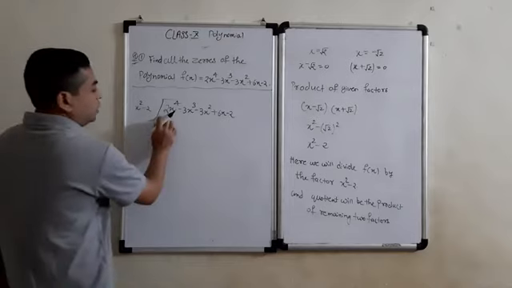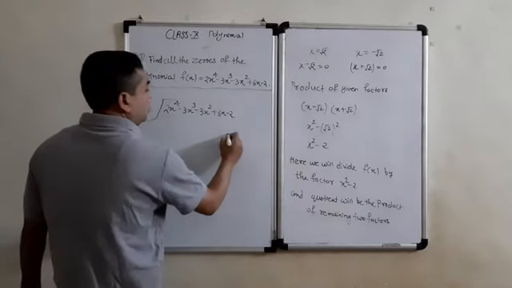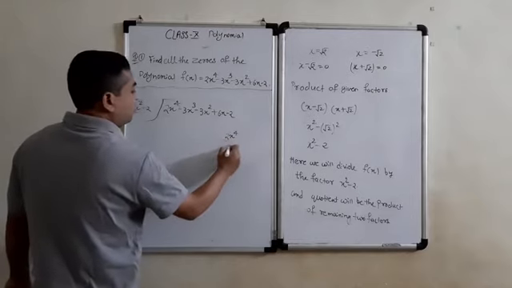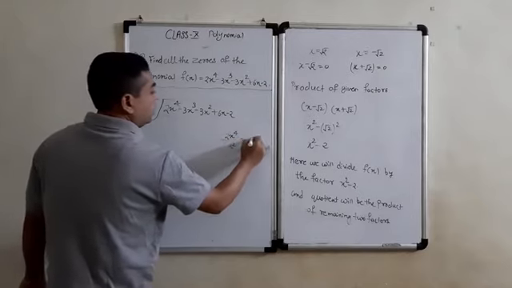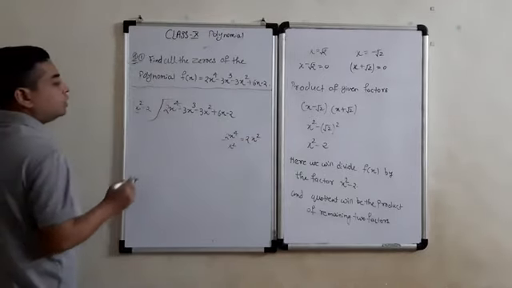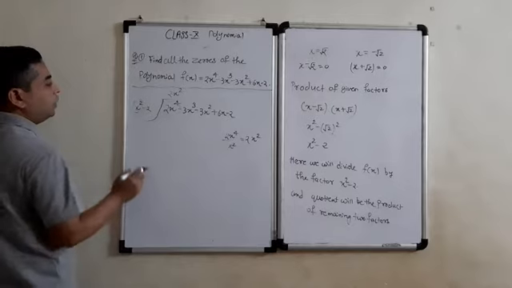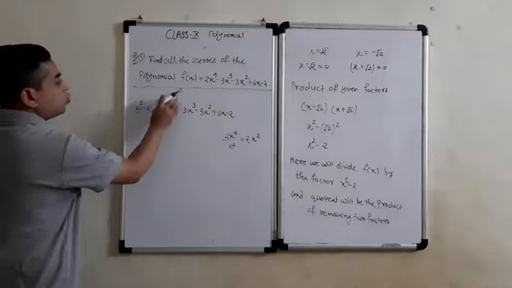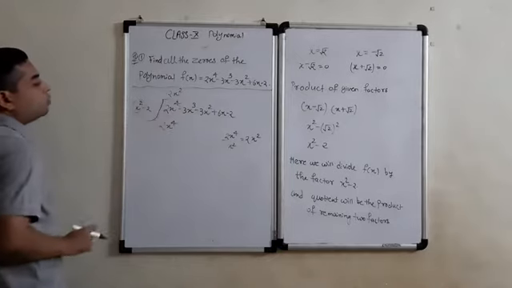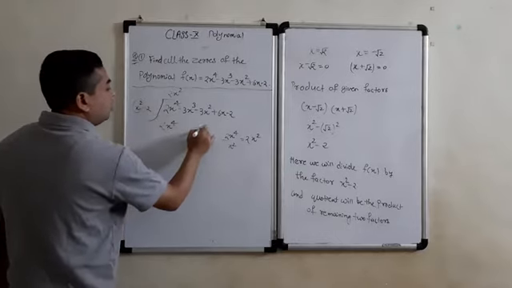The first term of the dividend we will divide with the first term of the divisor. To know the first term of the quotient, 2x raised to the power 4 we will divide with x square, and we will get, sorry, 2x square. So 2x square time it will go. That will be the first term of the quotient. 2x square will be multiplied with this, and we will get 2x raised to the power 4. 2x square is also multiplied with minus 2, and we will get minus 4x square.